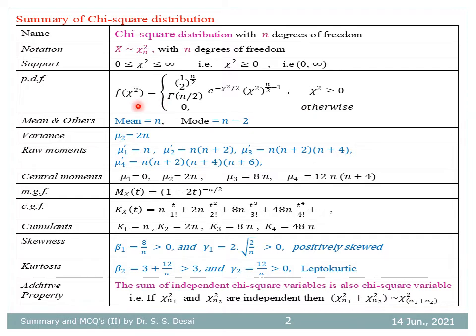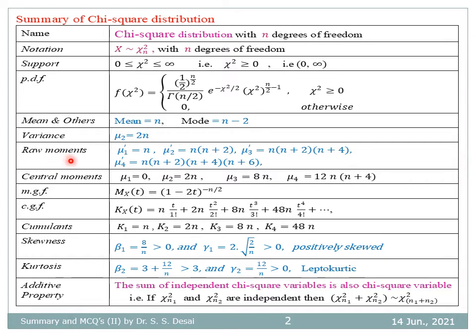So students are informed to observe this chi-square as a variable, not a square of chi. Okay, so chi-square itself is a variable. Mean of chi-square distribution is equal to n, its degrees of freedom. Mode of chi-square distribution is n minus 2. Variance of chi-square distribution is 2 times n, that is 2 times degrees of freedom.